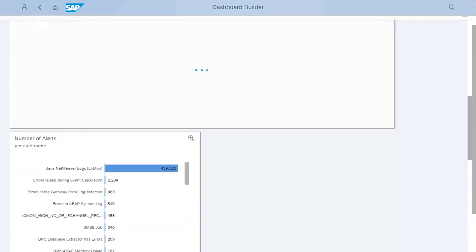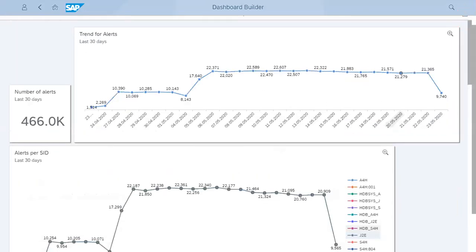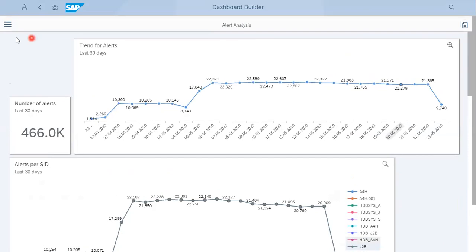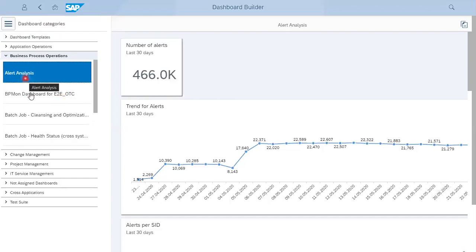So it depends. This is how it looks in Solution Manager 7.2. The alert analysis is created. If we go here and click next, we can see the other dashboards as well.